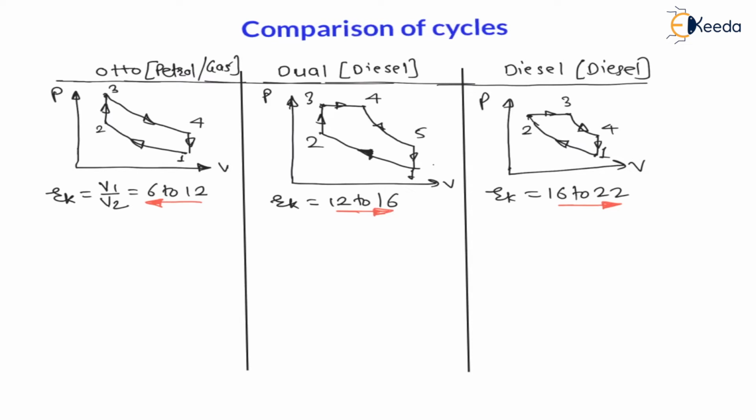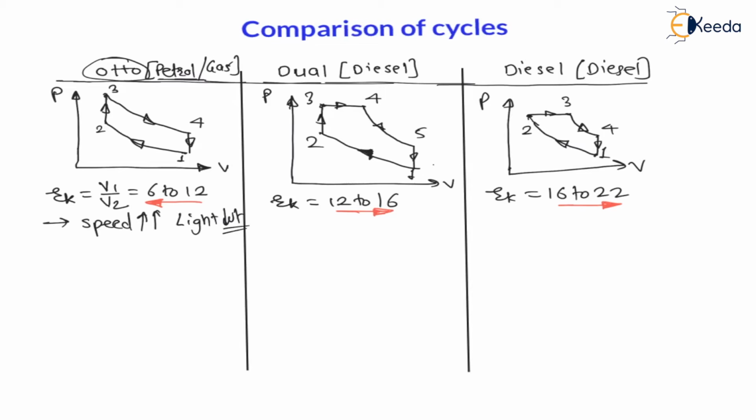Now next is, the purpose of Otto cycle is speed. That is, purpose of petrol vehicle is speed. The speed is maximum, speed is very high for petrol vehicles, such as racing cars. You might have seen racing cars. In racing cars the speed is very high. So generally in racing cars, the engine usually is petrol engine, or the fuel usually is petrol fuel, right? Therefore the purpose of Otto cycle is speed, hence they are light in weight. The engine is light in weight, right?